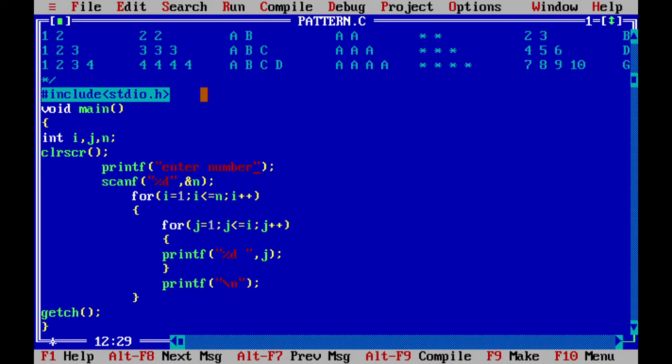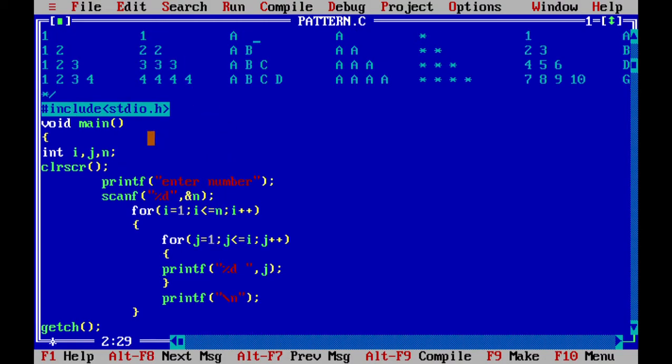So this is the code to print the first pattern. Now I will tell you how to print this second pattern. Now you can observe in the second pattern, on the first line I have to print only 1. In the second line you have to print 2. It means it represents the line number. First line it means 1, second line 2. So instead of printing j, just write down here i, because your i remains constant in the j loop. If you print j, it means it is printing 1 2 3 like that, and if you print i, it means it remains constant at that particular line.